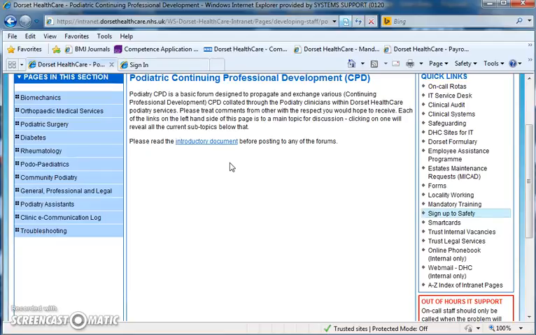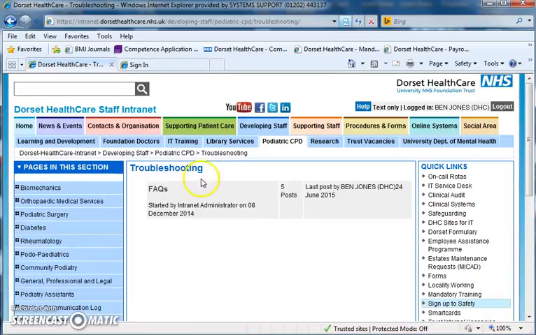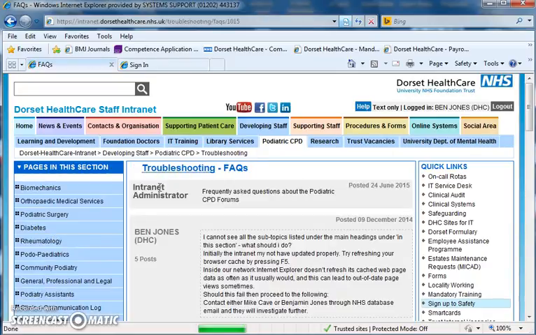It's always useful if you're not pretty au fait with the computer world, and just to get a bit of an update on little things if you're not used to using a forum-based way of sharing information. So what I'm going to do is head to troubleshooting. Just going to click on troubleshooting to get us something to work with, and then we're going to go into the actual forum itself and post a reply, and from this reply I'm going to show you how to create